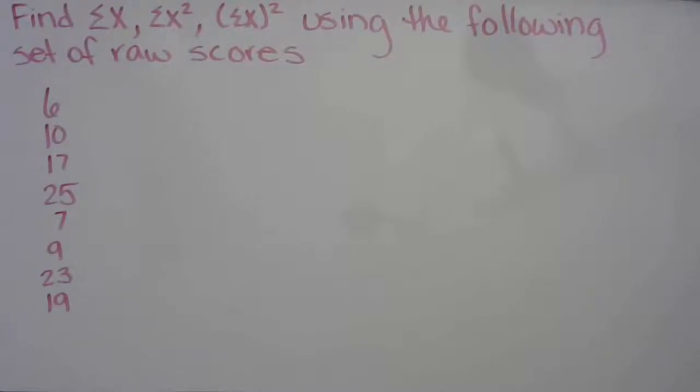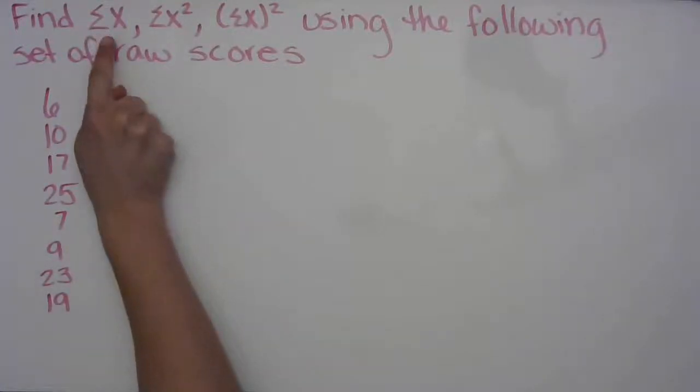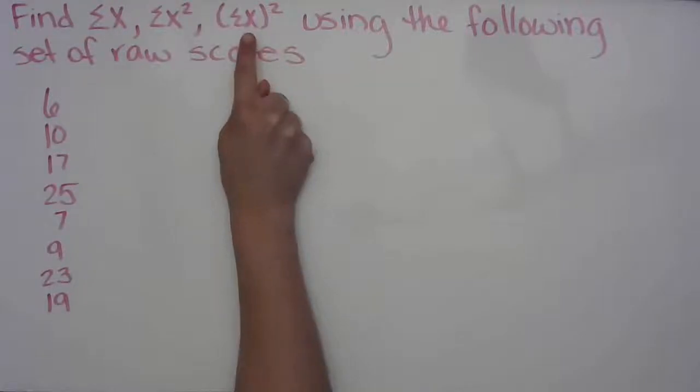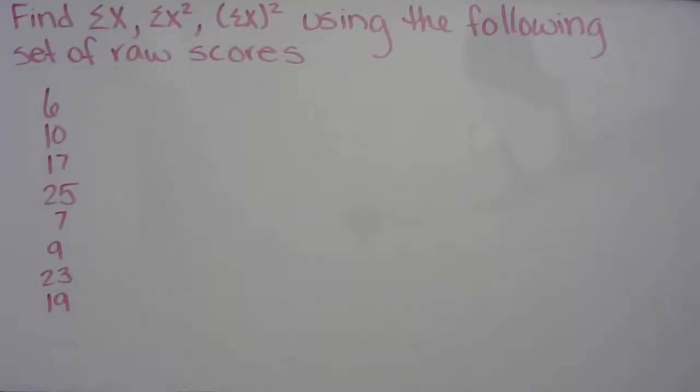Hello. So I wanted to just make a quick video to show you the difference between the sum of the raw scores, sum of the raw score squared, and the sum of the raw score squared. So these symbols you are going to see in most of your statistical problems. Once you get to the higher statistical problems like ANOVA, you are going to see all three of these symbols